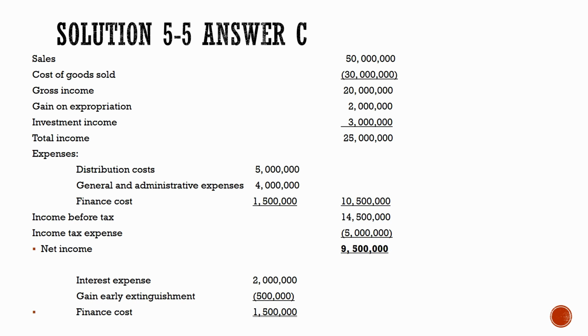So, under paragraph of PAS 1, may two forms ang income statement at dito ang gagamitin ay ang functional presentation wherein classified according sa kanilang functions such as distribution cost, administrative, finance cost, and such ang mga expenses. Kaya under expenses, meron tayong distribution cost totaled 5 million which is given, a general and administrative cost which is given din amounting to 4 million, at mayroon din na finance cost na 1.5 million. So, saan galing ang finance cost na 1.5 million?